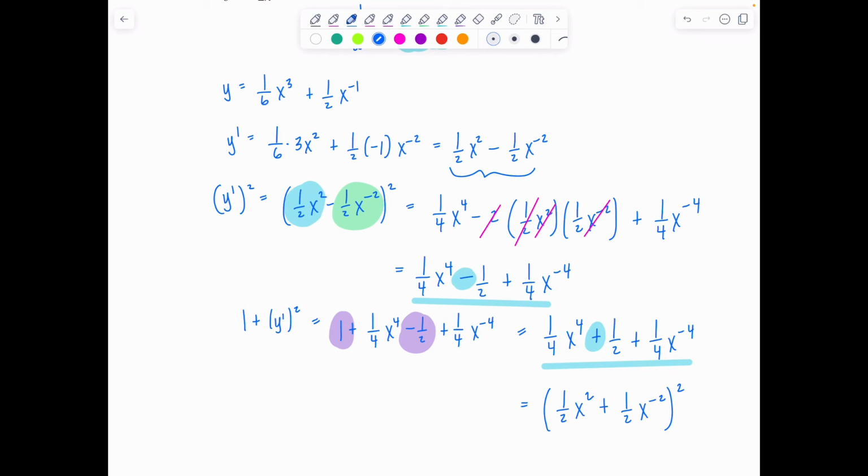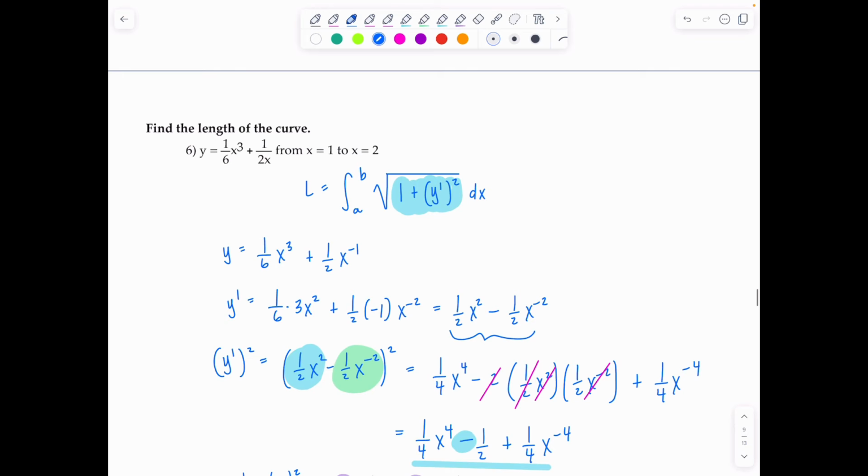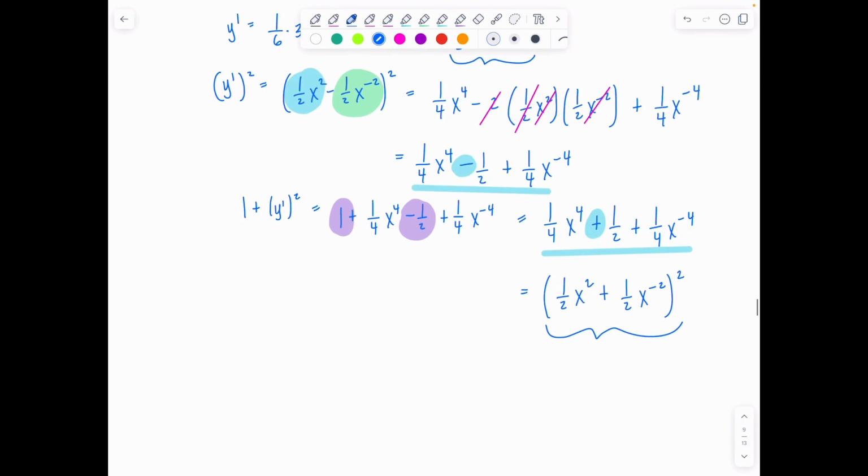So why are we so excited that it factors like this? Because this whole quantity right here, that's 1 plus y prime squared, goes underneath the square root in the integrand. So then we're set. The square root and the square are going to cancel, and then we can just go about our lives and integrate. So now,